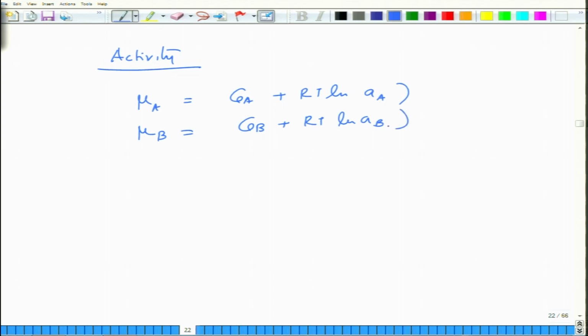So, the higher the activity of an element in an ideal alloy, the higher the chemical potential also is. Then we did some more thermodynamic analysis. We went to real solutions. We looked at